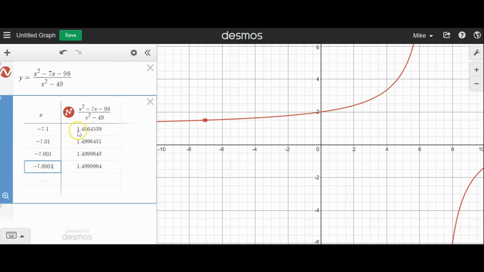Well, we've got 1.496, then 1.4996, then 1.49996, then 1.499996. Okay, it looks to me like we are getting closer and closer here to a decimal value of 1.5,